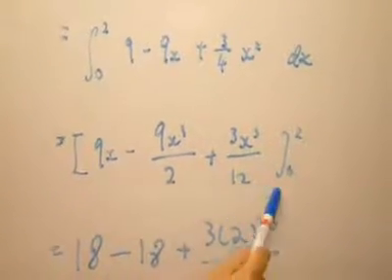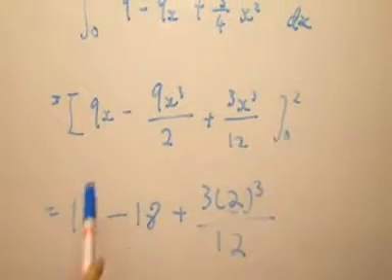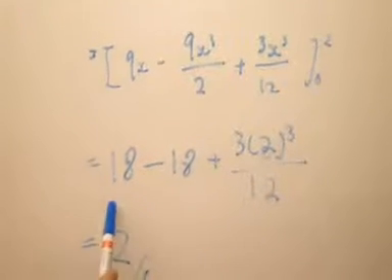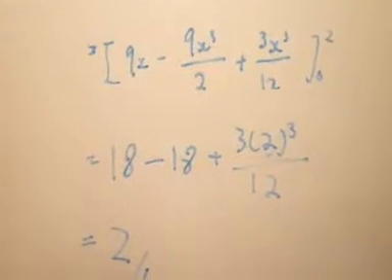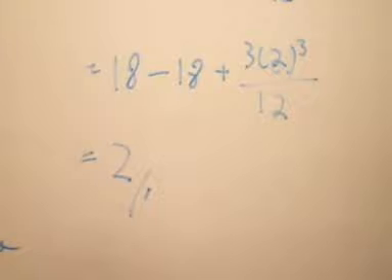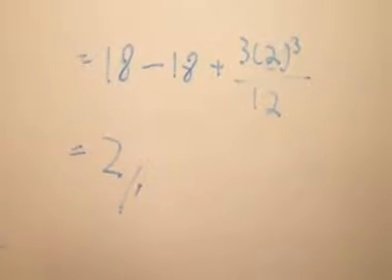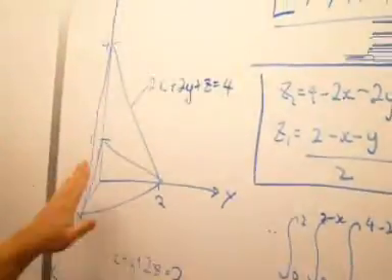And then finally, by substituting the value from 0 to 2, the lower limit and the upper limit, we will get this, and then by solving the equation, we will get 2. 2 is the total volume between this lower boundary and